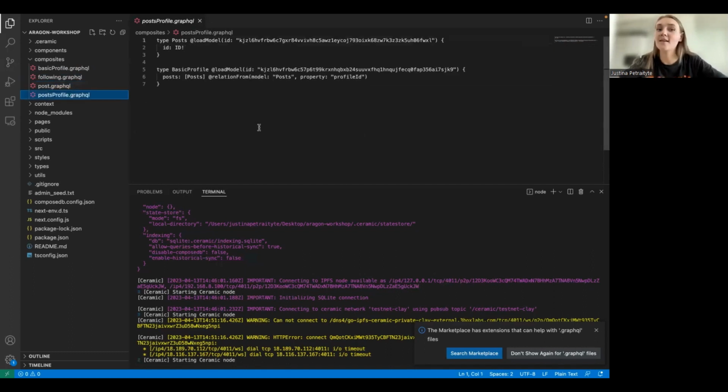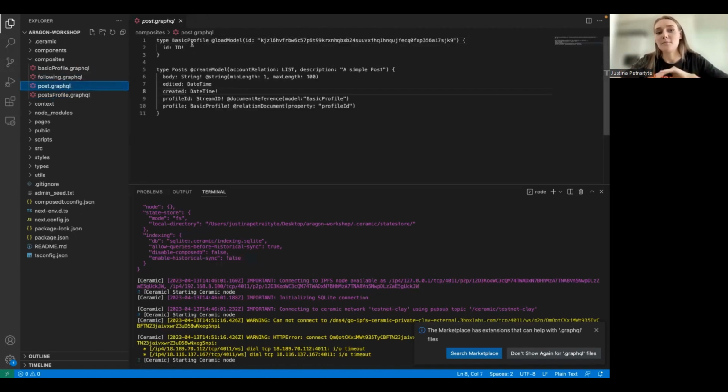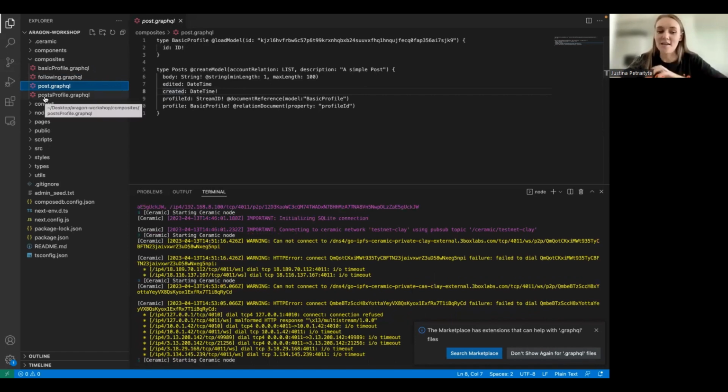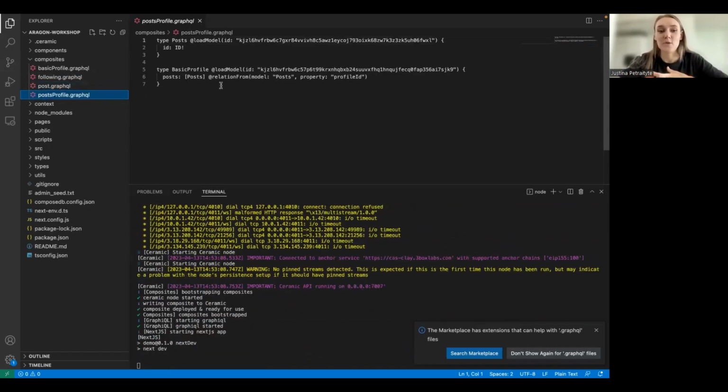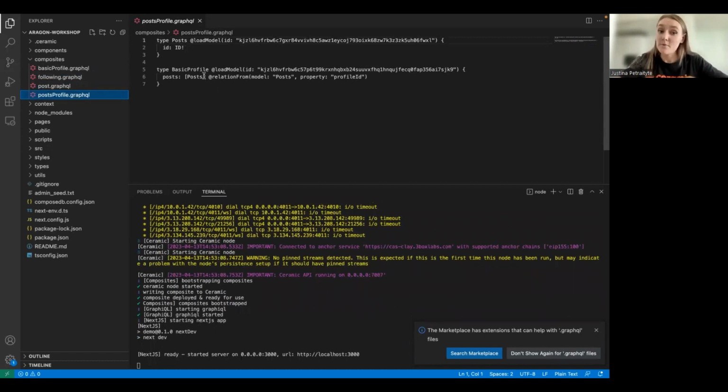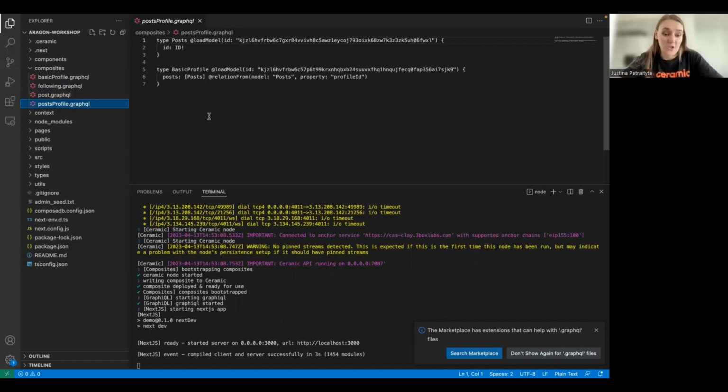You can also define opposite relations. So for example, here we have relation between basic posts and profile. If you want to be able to query data the other way around, you can also define relations between basic profile and posts, and so on. So yeah, I think I see a little bit more promising things in my output right now. I might be able to show an actual app, how that looks like.